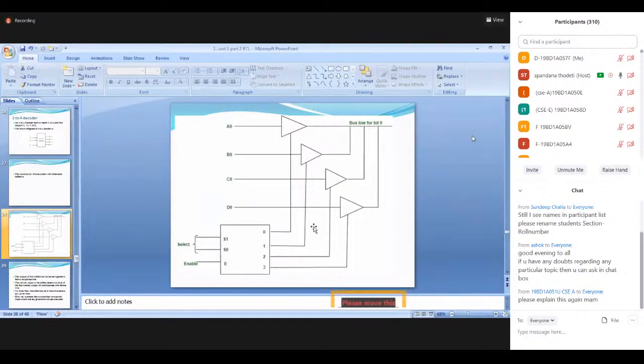Here we have given these as a control input to the tri-state buffer. If the tri-state buffer control input value is 0, it acts like a high impedance state. High impedance state means nothing will be transferred. So B0 is not transferred, C0 not transferred, D0 not transferred. Only A0 is transferred. So this bus line is used to transfer the 0th bit